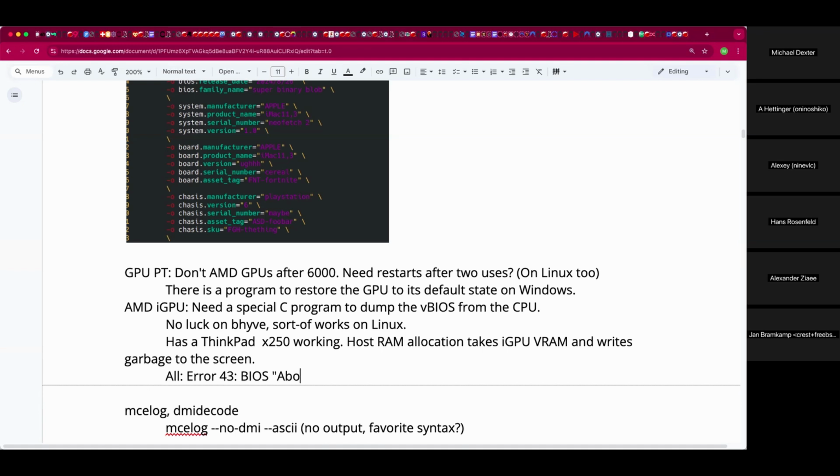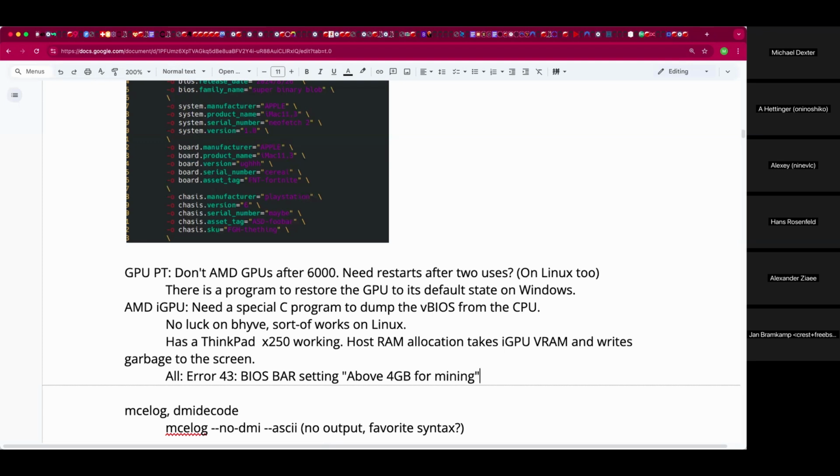Above 4 GB decoding basically means that you assume that all your GPUs and other PCI devices are actually 64-bit capable and not just 32-bit capable. That allows you to give them memory ranges in the upper part of your physical address space.